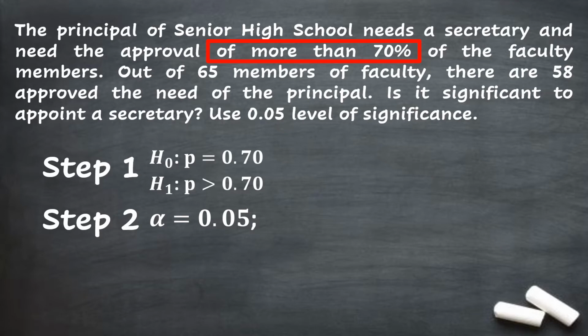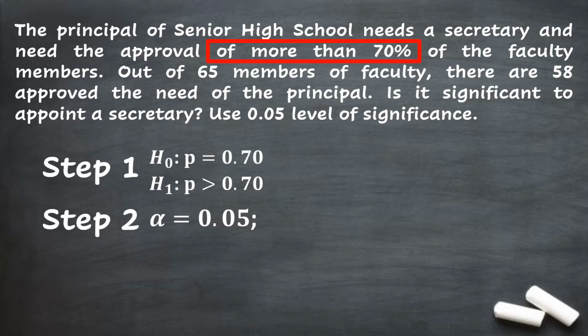I don't know if I already mentioned this one, but the purpose of the level of significance is that you're giving your predictions or this process a 0.05 level of error, meaning you may be wrong, but the chance of being wrong is just 0.05. To identify if this is a one-tailed test or two-tailed test, we have to go back to our